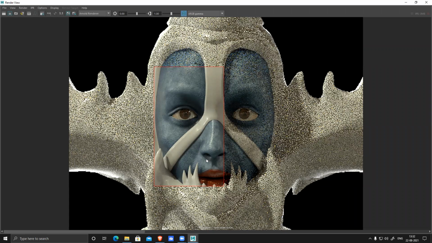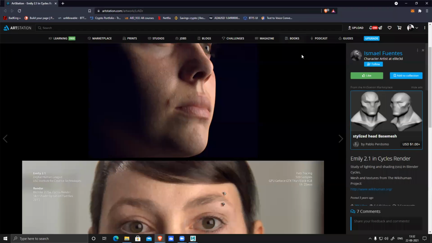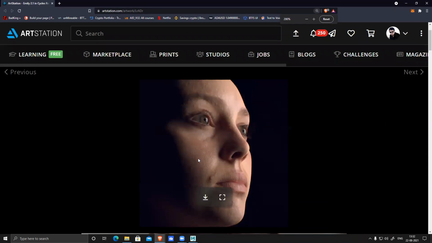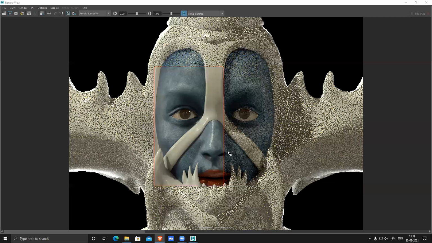Suppose I want to add some gloss, or I want to make those pores stand out. If you see a render like this Emily here, all the pores are not shiny, all the pores are matte. So in this case, we bake that cavity map from ZBrush, and then we multiply it with our roughness, or we connect it to a specular. So all the black parts become matte. So it enhances the render again.